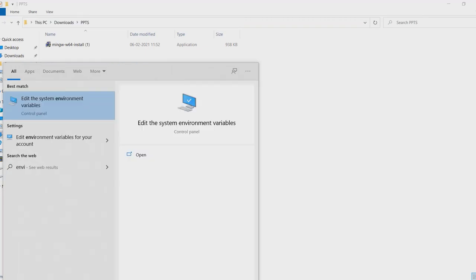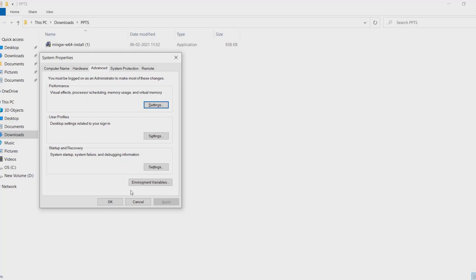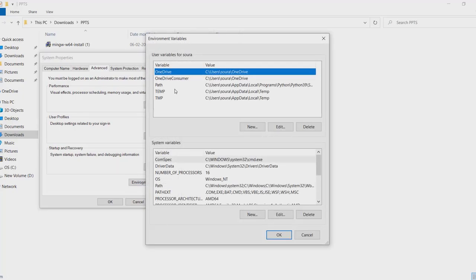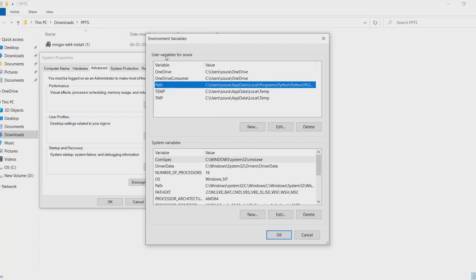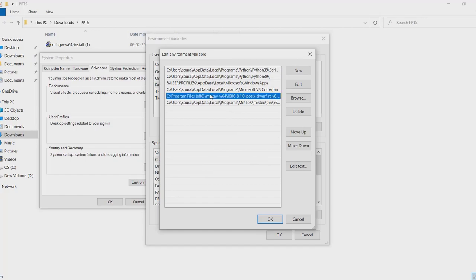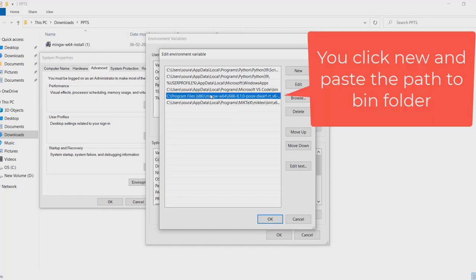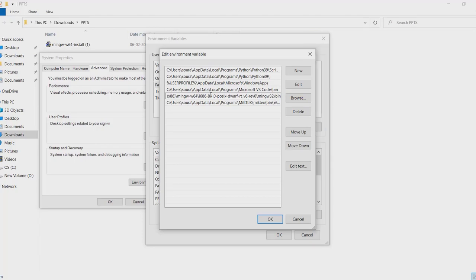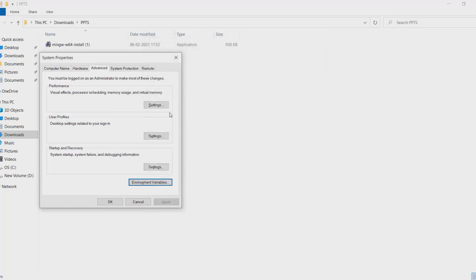So I'm going to search for environment variable and then we have to modify this path. I'm doing it for my personal path. You can also do it for system variables. So this is the path to our bin folder which we need to paste here. Click OK, again OK, and just close it.